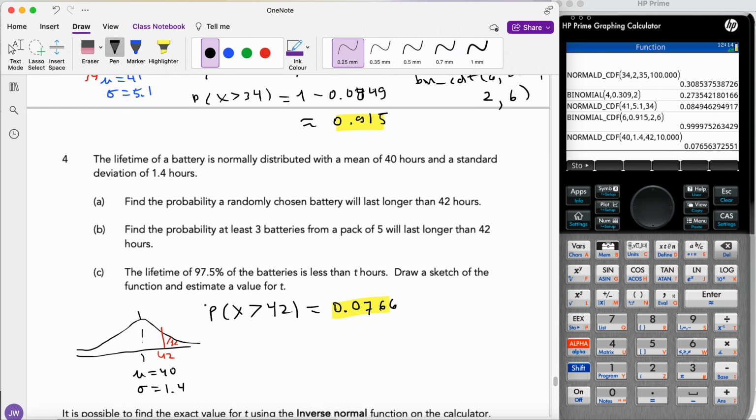Find the probability that at least 3 batteries from a pack of 5. Okay, so again, hopefully you recognize this. This is now binomial, right? So before that, it was the length. This x here, that was the length of time that the batteries are functioning. Whereas here, your y is now the number of batteries that satisfy that, yeah? So you have a pack of 5. And then again, you want, okay, good, we don't have to do anything with the probabilities here. 0.766. Okay, and what we want is at least